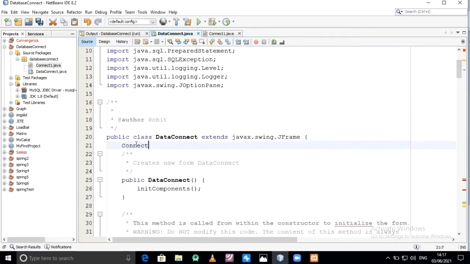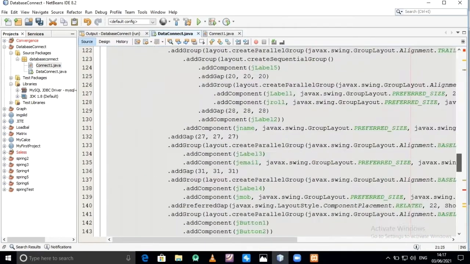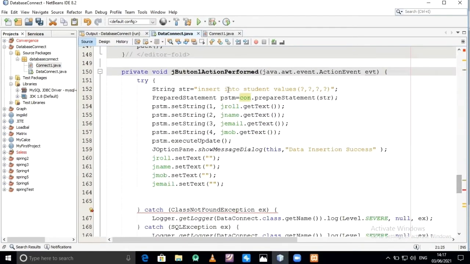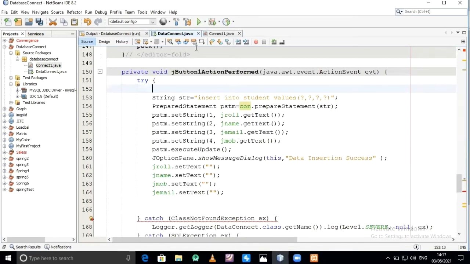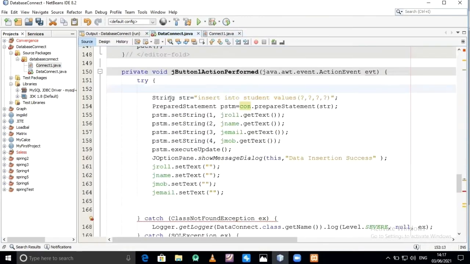For that, Connection con equal to suppose, declare it. Our class is connect1 and the function name is dbconnect. Connect1, we have to create the object for that.